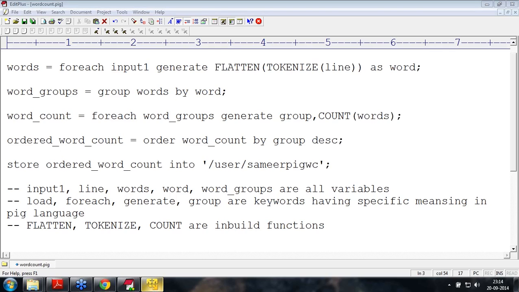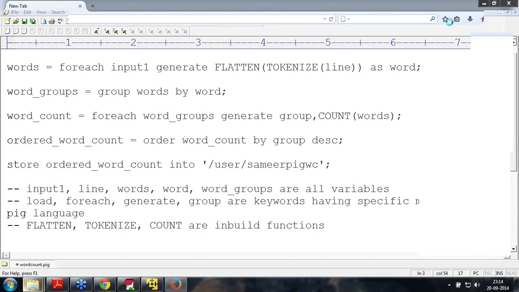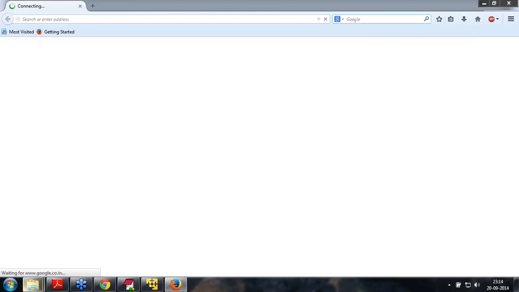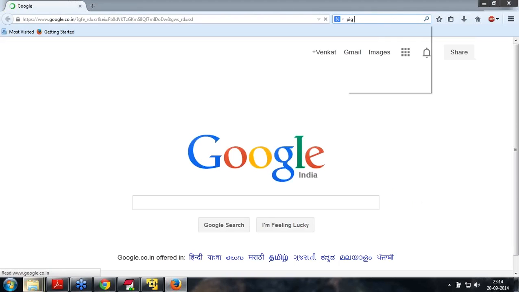Anji was asking, will the splitting and parallel processing concepts work here? Very much, Anji. Whatever the splitting logic and the parallel processing concepts are, all will work here exactly the same way. Thank you. There is a document over here given by Shri, which gives you a link to the documents. All you have to do in Google is search for pig operators. Shri has already given that. So for further reading, search for pig operators,